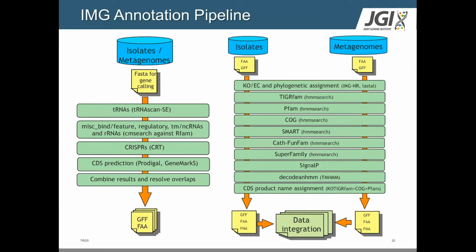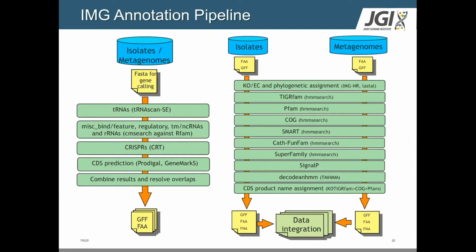And here's just a schematic of the IMG annotation pipeline. I don't want to delve into these details. What it gives you on each side is this is the structural annotation pipeline. So it's the gene calling. I think in the morning, people mentioned Prodigal. This is the structural annotation pipeline where the open reading frames are called. We use two different gene calling methodologies. There's a standard operating protocol also that's available. And then this is the annotation pipeline. So it gives you an idea of the tools and the databases that are used to do the structural and the functional annotation.